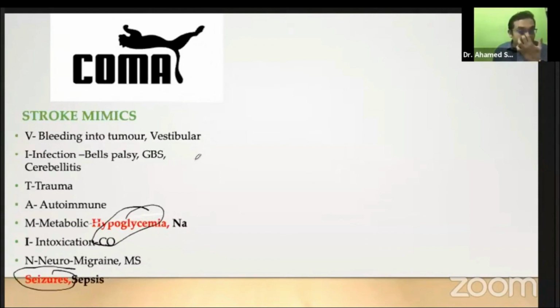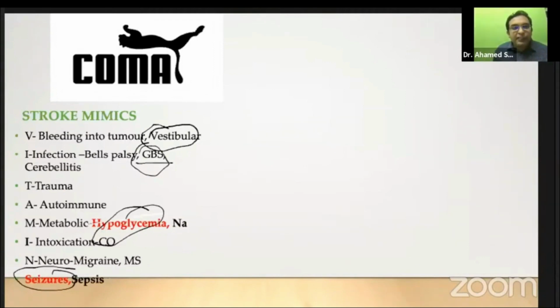And I have even had patients who were referred as an interesting case of stroke, a funny case of stroke, and it turned out to be GBS. And you know that vestibular syndromes are notorious, like BPPV, etc., and can even present like a posterior circulation stroke. And intoxication, as in carbon monoxide poisoning. So that is regarding stroke mimics, the other diseases which mimic stroke.